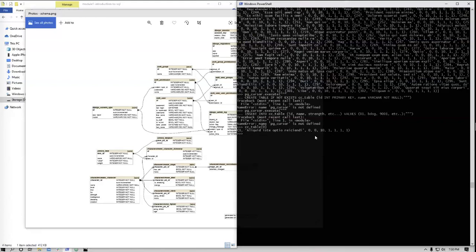Well, I could do something like PG cursor execute, and instead of just the 3 quotes, I'd now add an F, meaning this is going to be a formatted string. And I say insert into CC table, ID, name, strength, etc. Values. But now, instead of creating the parentheses, I just do this.